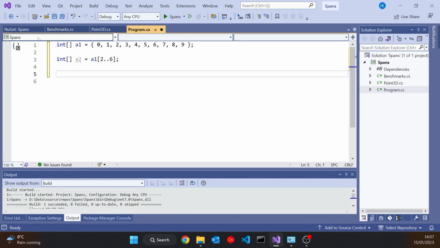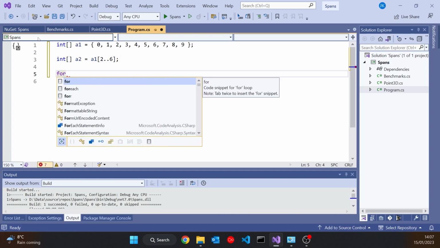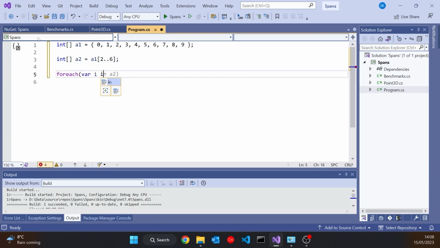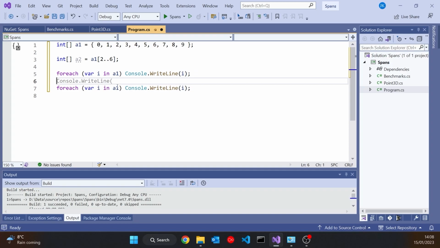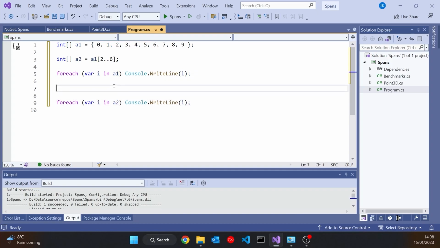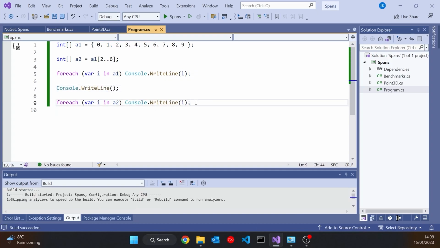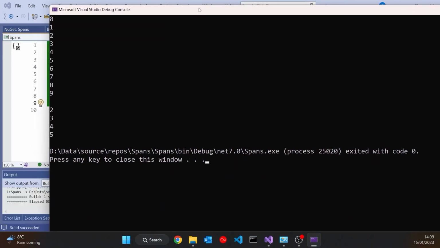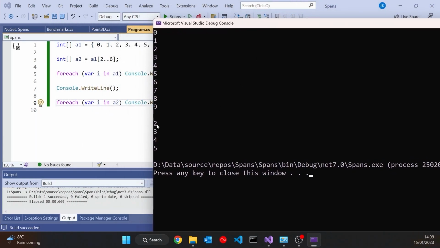But what we can see then is if we print those out, so if I just do a foreach var i in A1, and then Console.WriteLine of i, and then do a similar thing for A2, and then put an extra line break in between them. And if we run that and just drag over the console, we can see we've got the full collection of 0 through to 9, and then we've got the range 2 through to 5 because the 6 is excluded.